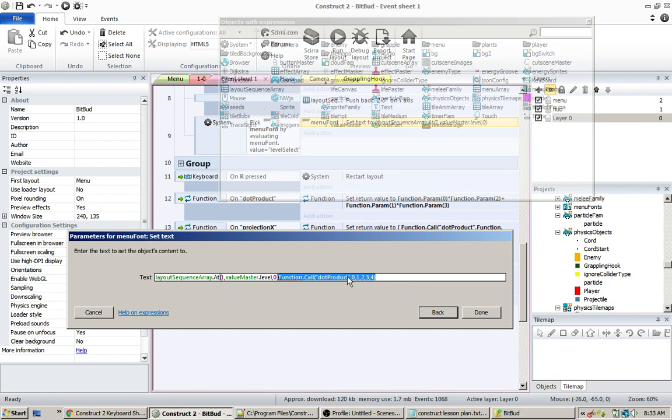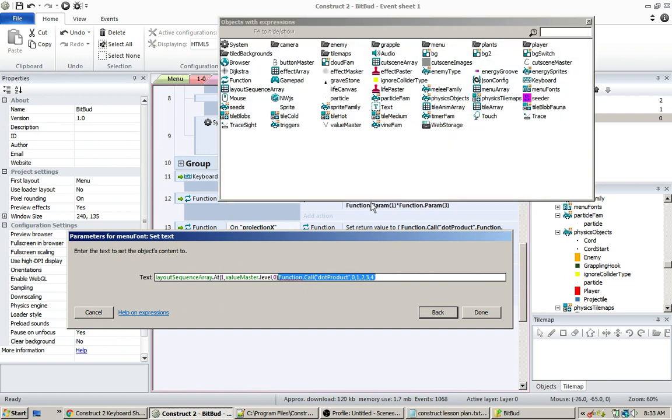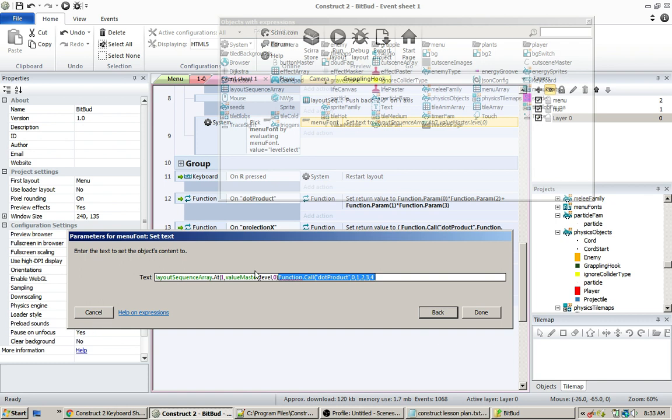And so in this case, it'll set the text to this, it'll have this value of that function call, whatever. It doesn't need a return value. Well, in this case it does, but